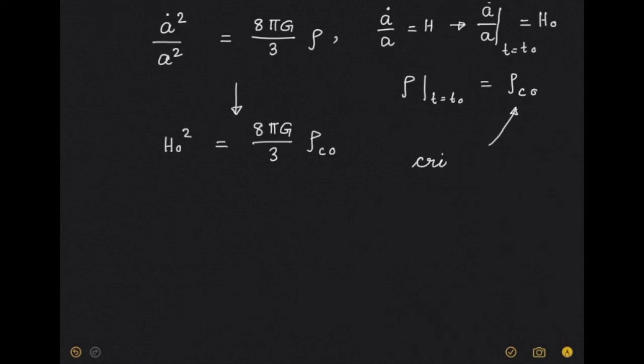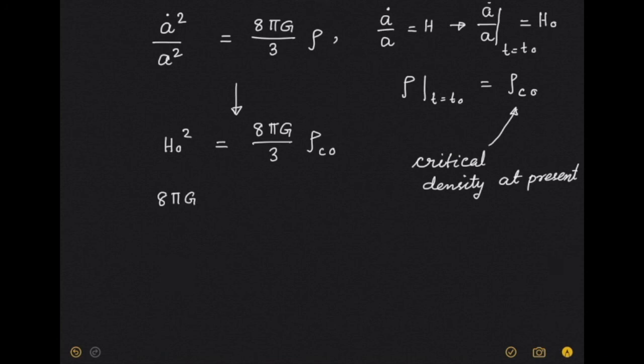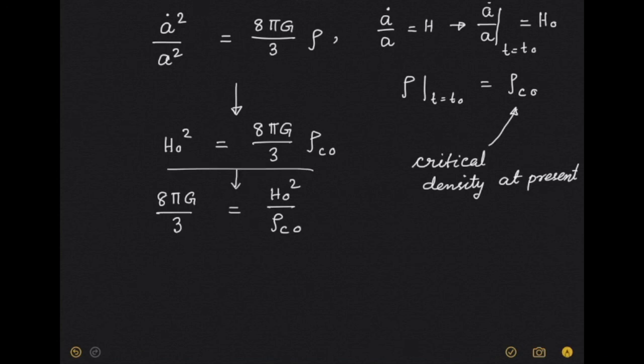This is called the critical density of the universe. So I can now write 8 pi G by 3 as h naught square by rho c naught, just from changing this a little bit here and there,